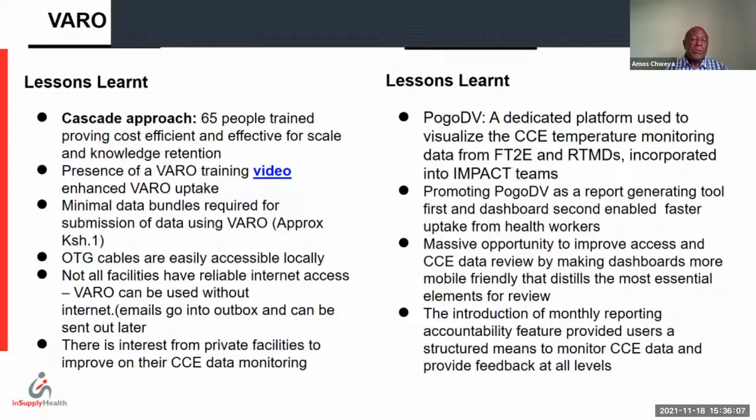As we continued going through this, we realized also that as you go through the counties in the country, not all facilities really have reliable internet access. But again, we realized that Varo can be used without internet. Emails go to the Outbox and can be sent as soon as you go to